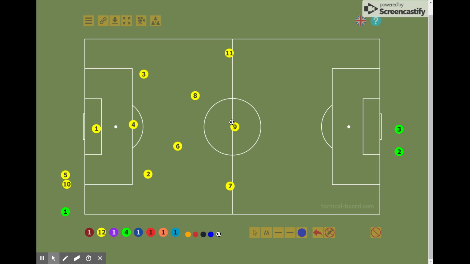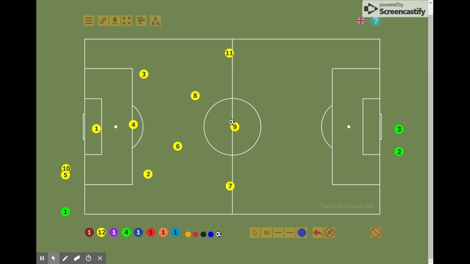So 8 is the central midfielder, center mid. You might hear it the holding or attacking mid. In 11v11, we will have the 10 as our attacking midfielder. So the 10 would play higher on the field and would be more of an offensive player. So that would be our third central midfielder. So 4-3-3. 4 defensive players, 3 in the mid, and then our 11 and our 7 are our wings,